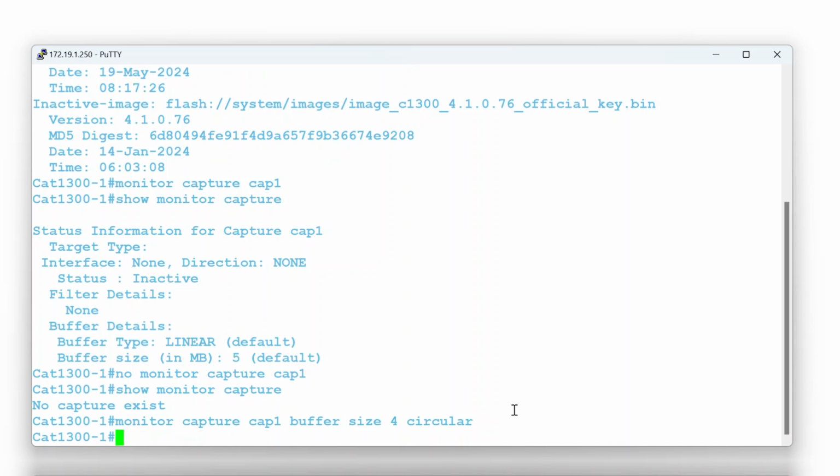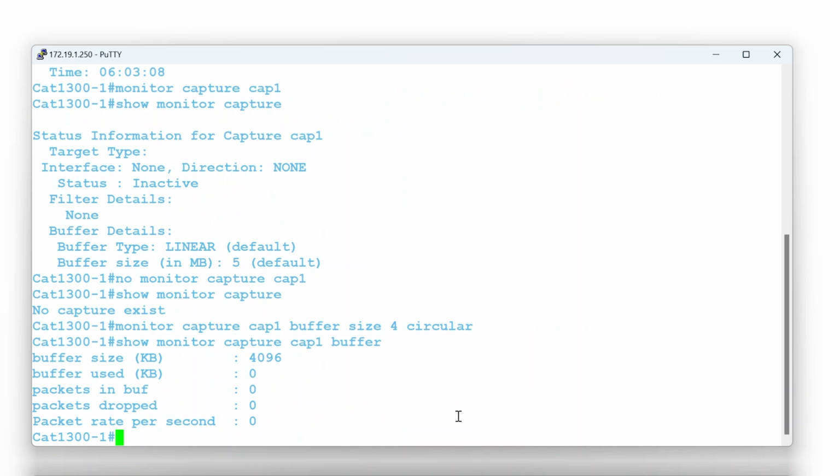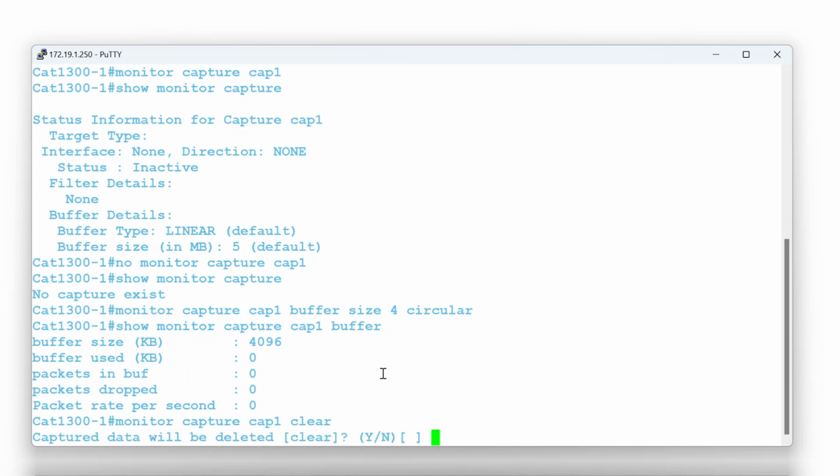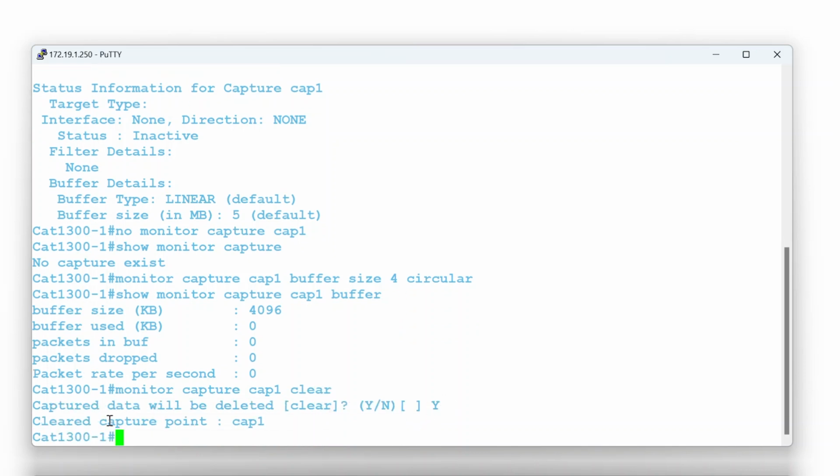To view buffer details, use the command show monitor capture cap1 buffer. The details will be listed. To clear the buffer, enter monitor capture cap1 clear, which will prompt you for confirmation. Enter Y. To specify the source interface for the capture, enter monitor capture cap1 followed by the source type, which